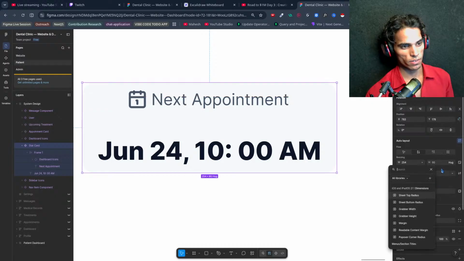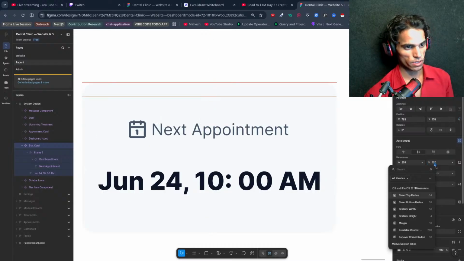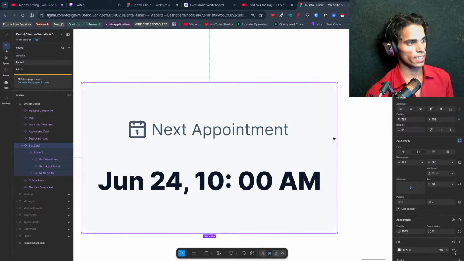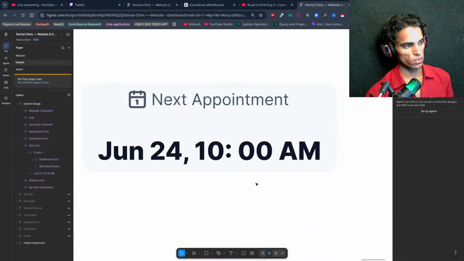Admin, add variable. Contents fixed height, admin height. If I make this 150, max height can be this. Okay, so it is not good.